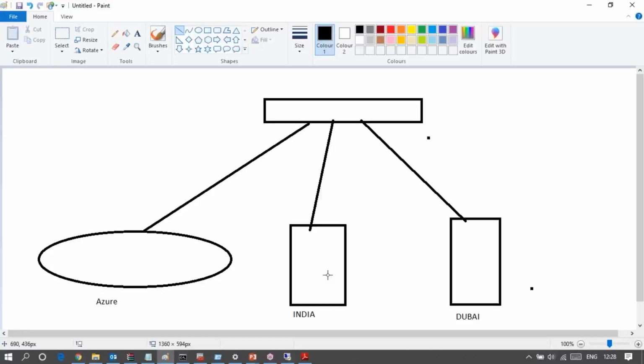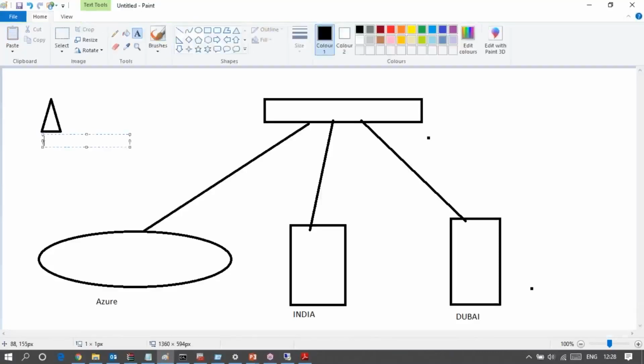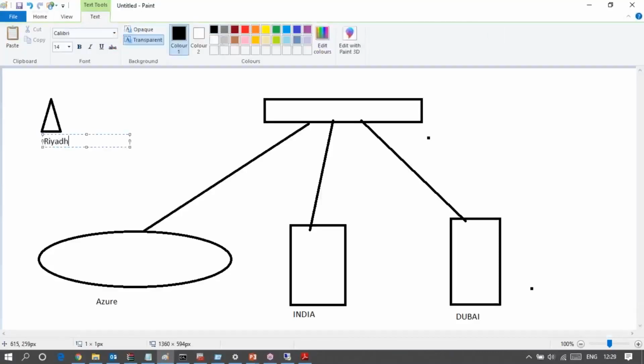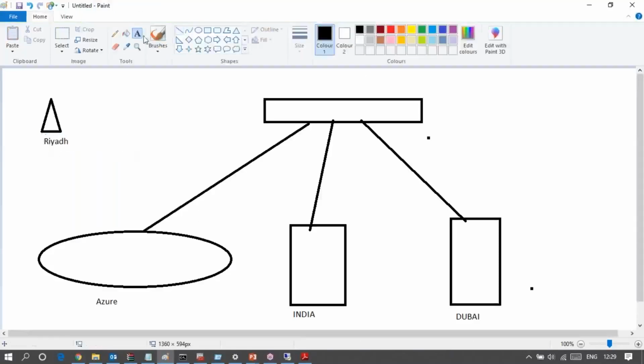Now, let's say your user is sitting in Riyadh. So based on the user location, the request of the user will be redirected to the nearest location.